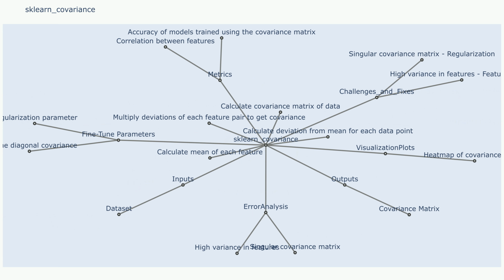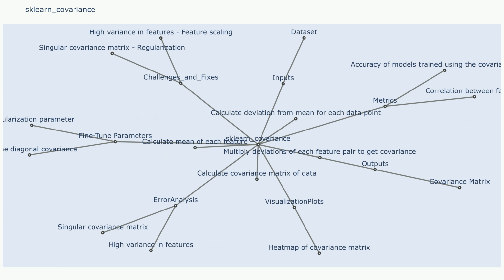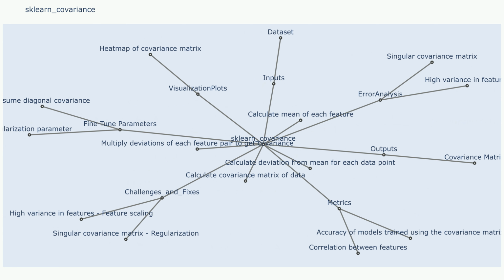Dimensionality reduction techniques like principal component analysis (PCA) rely on covariance to identify directions of highest variance in the data, enabling data compression without losing significant information. In machine learning, covariance plays a crucial role in algorithms like Gaussian naive Bayes, where it helps model the relationships between